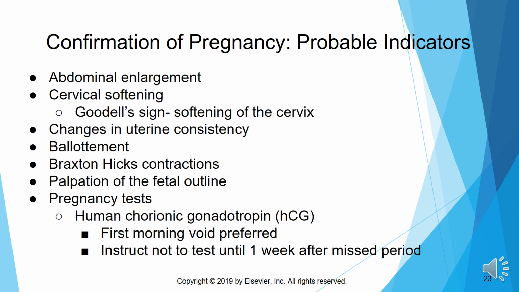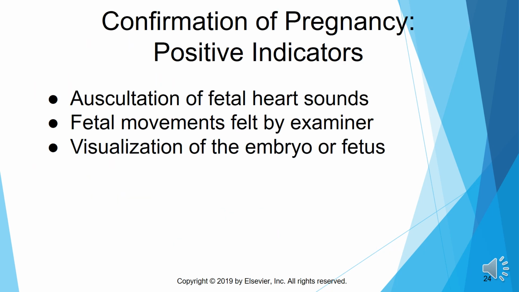Very important that we provide education on testing for pregnancy at home. And again, pregnancy tests at home are a probable indicator. Positive indicators of pregnancy are what we see the most, okay? And typically it works like this. You have a probable indicator of a positive home pregnancy test. Then we bring you in and use our positive indicators to confirm the